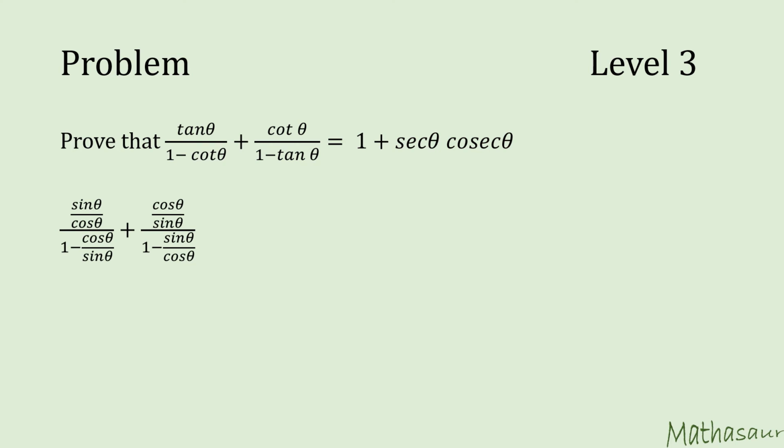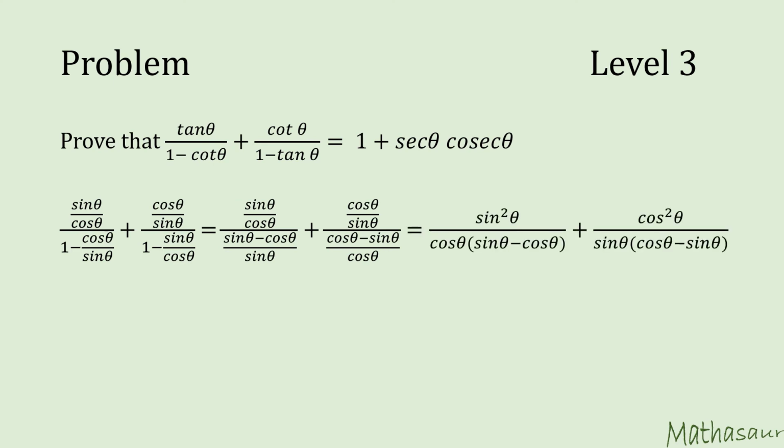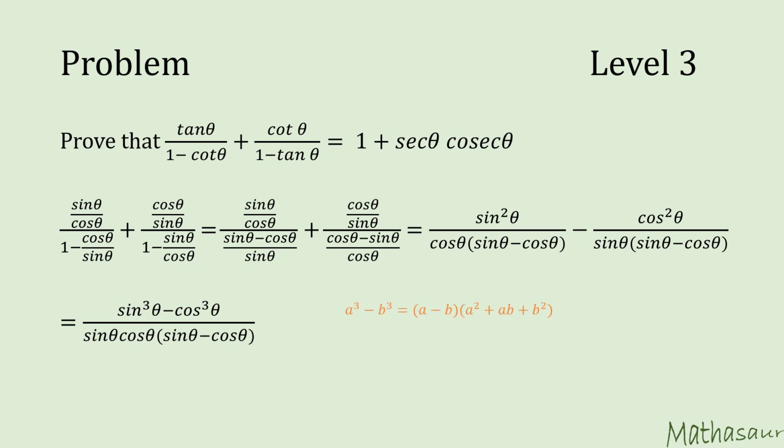So let us express our left hand side in terms of sine theta and cos theta and simplify. We see that the denominators are similar. Let us take an LCM. But the problem is that the numerator becomes complicated. We get sine cube theta minus cos cube theta. Do you recall any algebraic identities similar to a cube minus b cube? Yes, it gives me a minus b times a square plus ab plus b square. Please note that in the denominator, we have a term called sine theta minus cos theta, which is similar to a minus b. This shall help us in simplification.